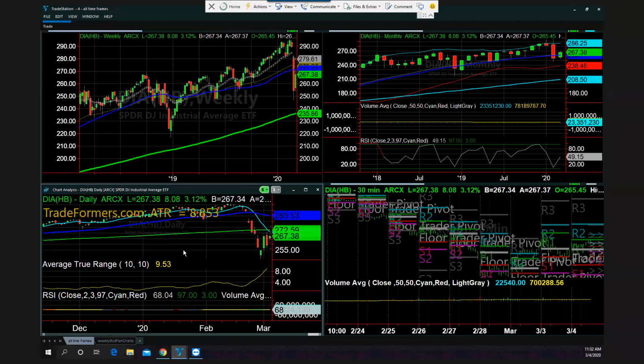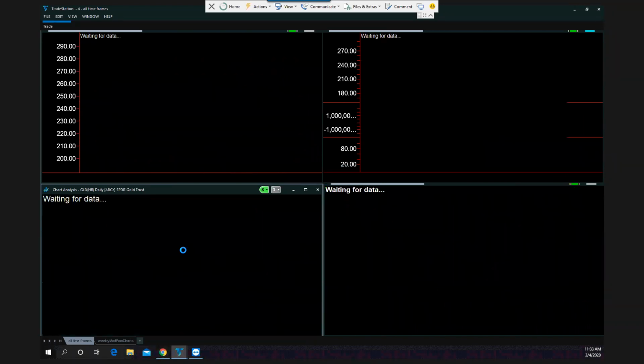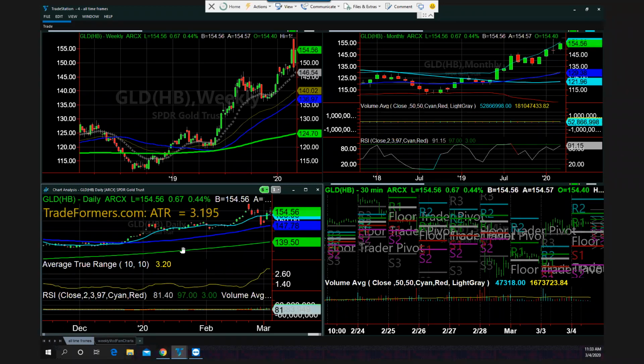So now let's go through a couple of the commodities that I wanted to show you, because remember in the beginning I said that there's always something in a bullish phase, even if the rest of the market isn't. And in this case, it certainly has been gold. Gold in a bullish phase means that back here at the end of 2019, this cleared over the 50-day moving average.